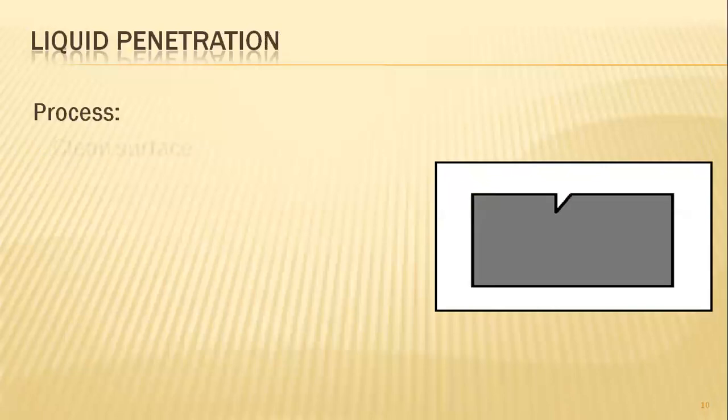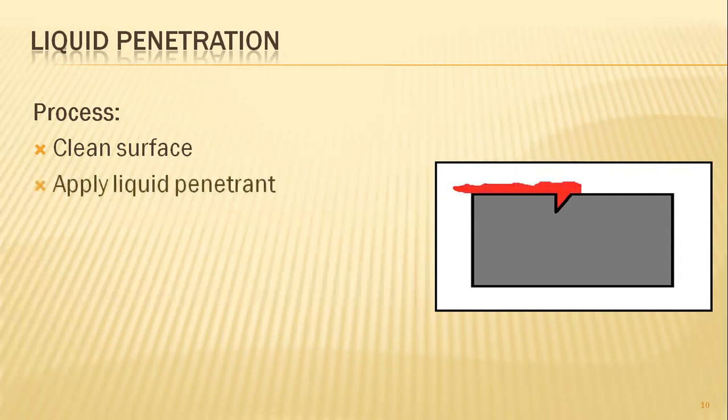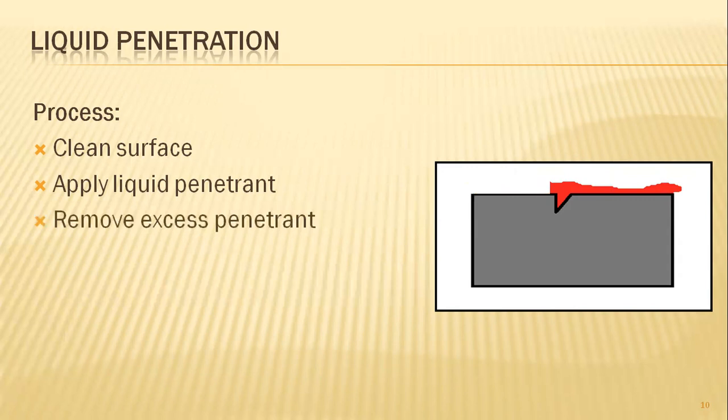This is the material. Initially, we are cleaning the surface, in order to detect the surface cracks or small voids that have taken place. Coming to our surface defects identification, applying the liquid penetrant, and next again washing out or removing the excess penetrant, and the rest of the areas don't have any flaws or obstructions. So where there is a flaw, the material enters there and reacts, and the color will be displayed.